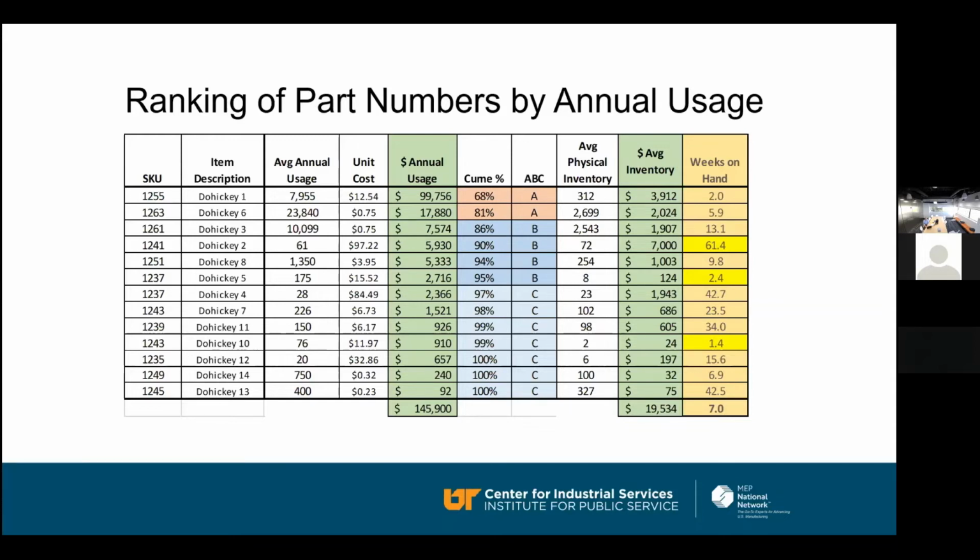Now, in a perfect world, when you're setting this up, the weeks on hand would be about the same for your A items, and then it'd be about the same for the B items, because you're setting up the replenishments and the flow at some period of buffer based on your supply and your demand. But this is probably more of what you're going to see.